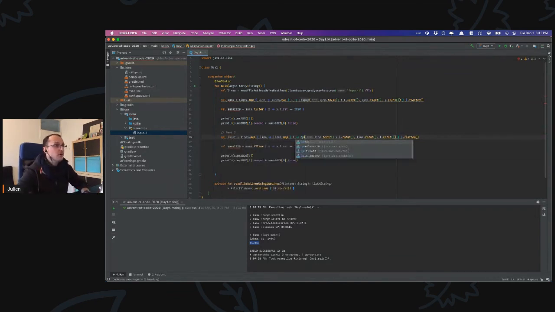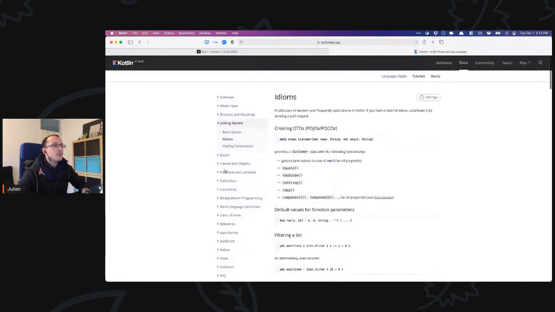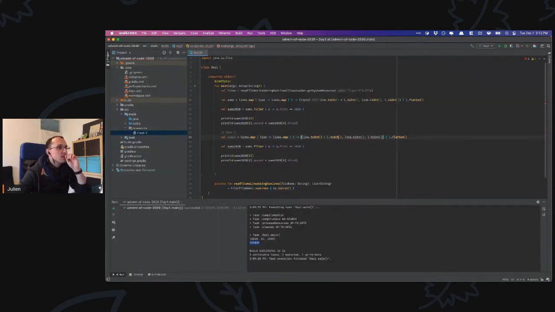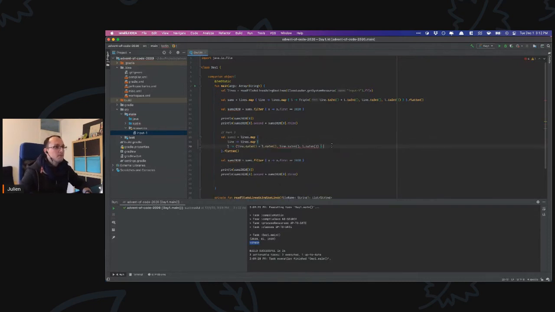But I need a quadruple, though. Is that a thing? Quadruples are not a thing. Well, let's think about this for a second first. So map. So now I have a list of lists, and this is going to be mapping up. And now what I need is actually, if we keep following the same logic, I need